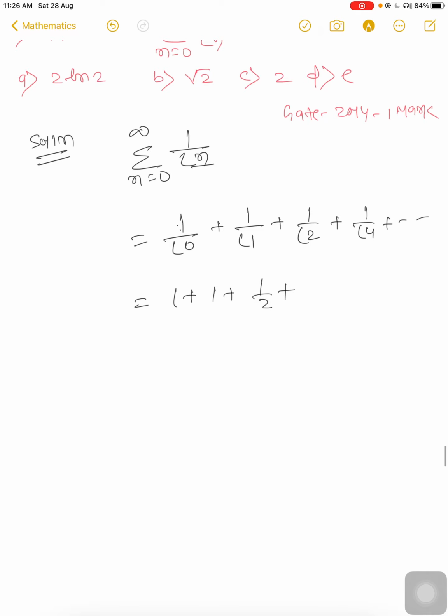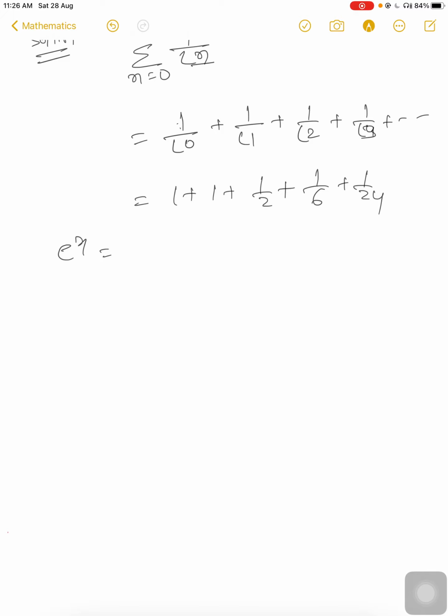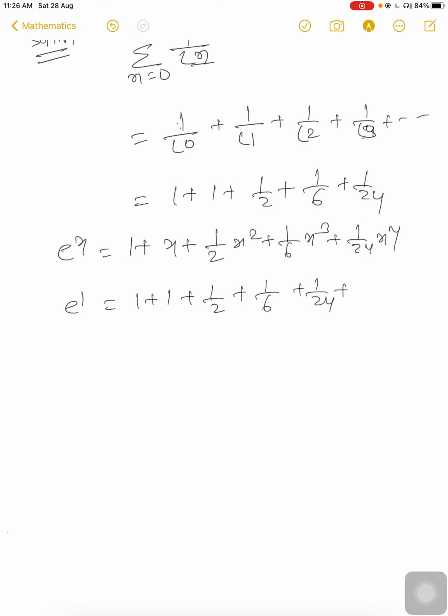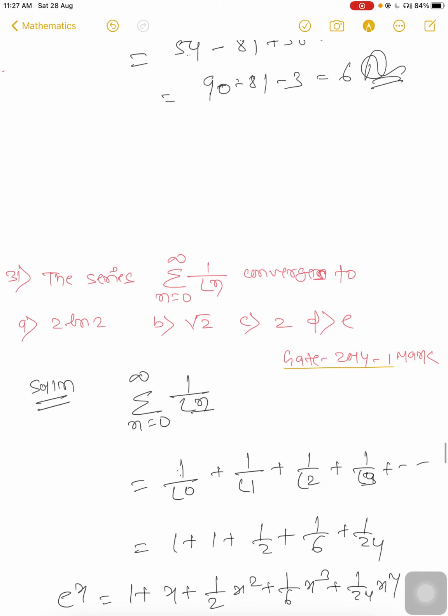So it will be 1 plus 1 plus 1 by 2 plus 1 by 6 plus 1 by 24. When you expand e to the power x, you will get 1 + x + 1/2 x^2 + 1/6 x^3 + 1/24 x^4. When you put x = 1, e^1 = 1 + 1 + 1/2 + 1/6 + 1/24 and so on. So e is equal to the summation of n = 0 to infinity of 1/n!. So option D is